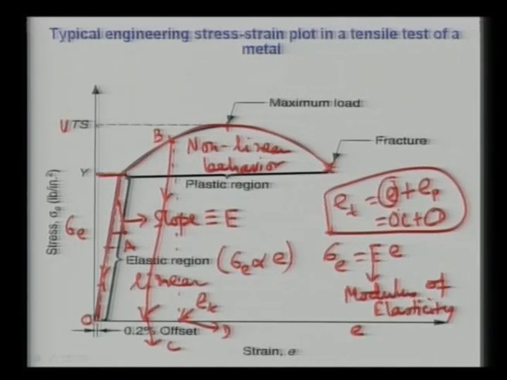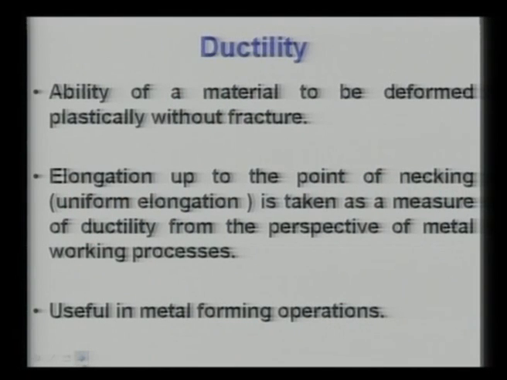So this is the load, suppose this is the load F max and your original area of cross section is A naught. So from that you can find out what is the ultimate tensile strength of this material. Now ductility. Ductility is the ability of a material to be deformed plastically without fracture. So that means elongation up to the point of necking is taken as a measure of ductility from the perspective